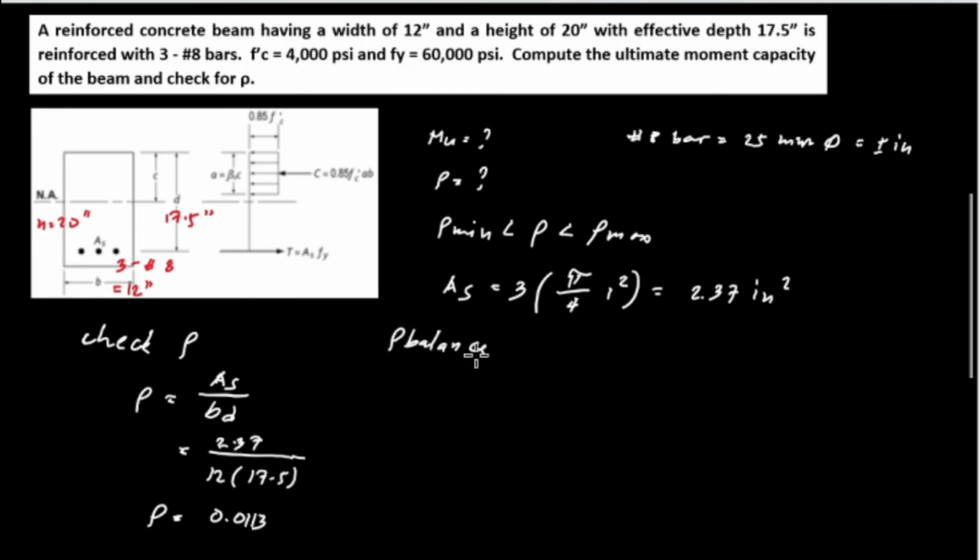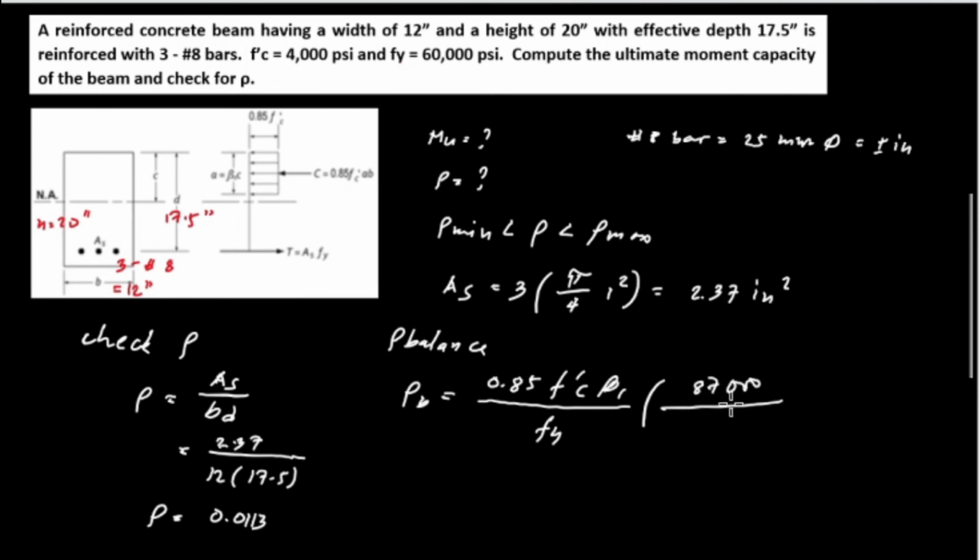and the formula for rho balance, it is 0.85 Fc prime beta 1 all over Fy, and multiplied by 87,000 all over 87,000 plus Fy,